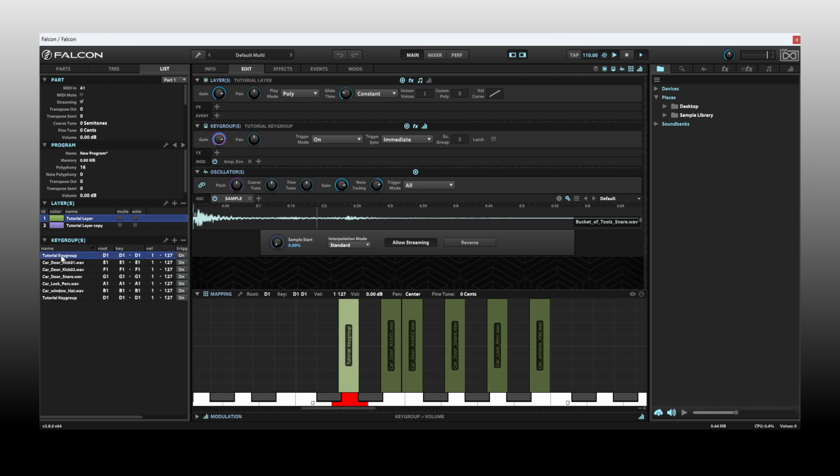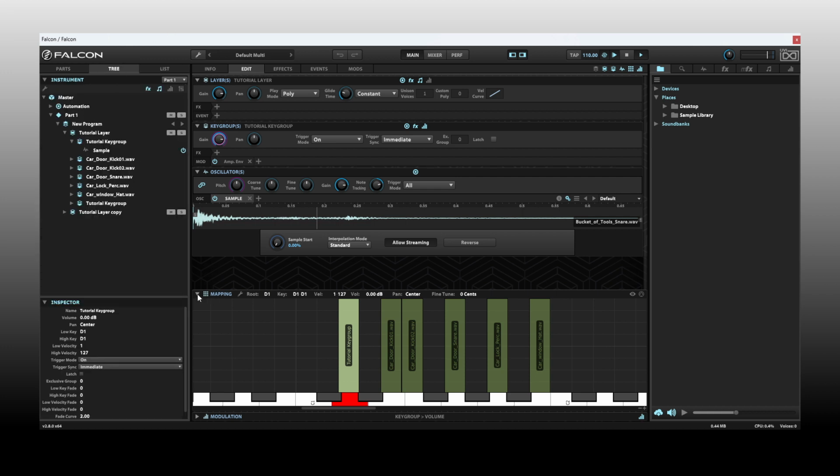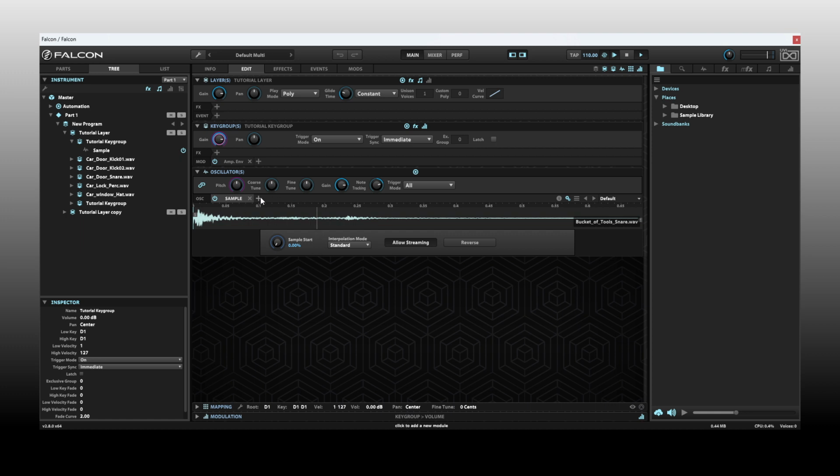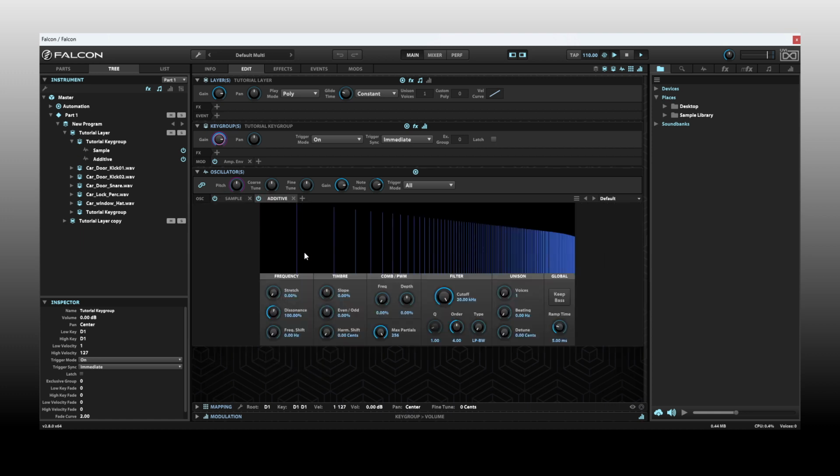And we can now see the duplicated version here. Now let's come back to our tree view and close out our mapping editor. And we saw earlier that we can click on the plus here to add an additional oscillator to this particular key group. And then we can click on the corresponding tab to choose which one we'd like to work with. Or within the tree view,